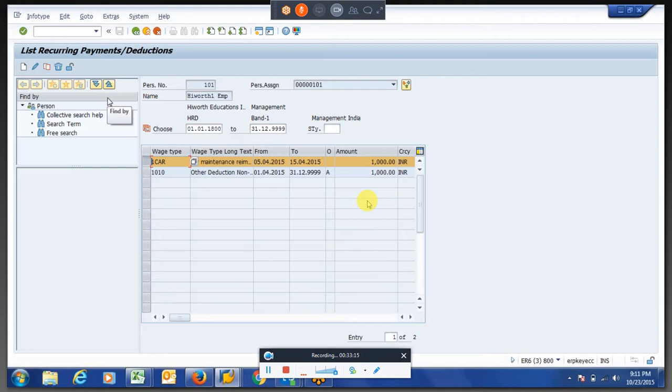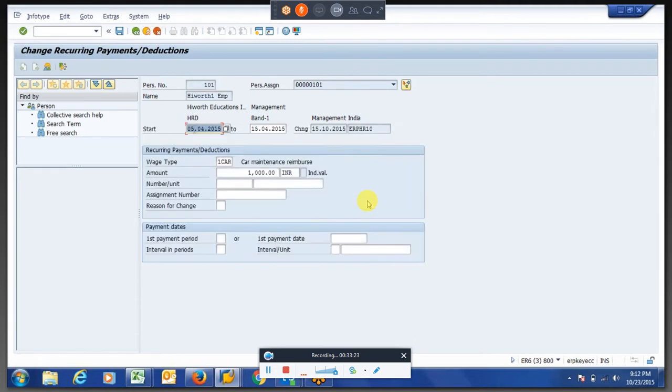See, there are two things. First is this record. Let us say I will change this. I think 1CR is the payment wage type. Anyhow, payment or deduction, it will reduce it. It won't check whether it is a payment or deduction. There is no big question. Or you can check with the other deduction wage types also.